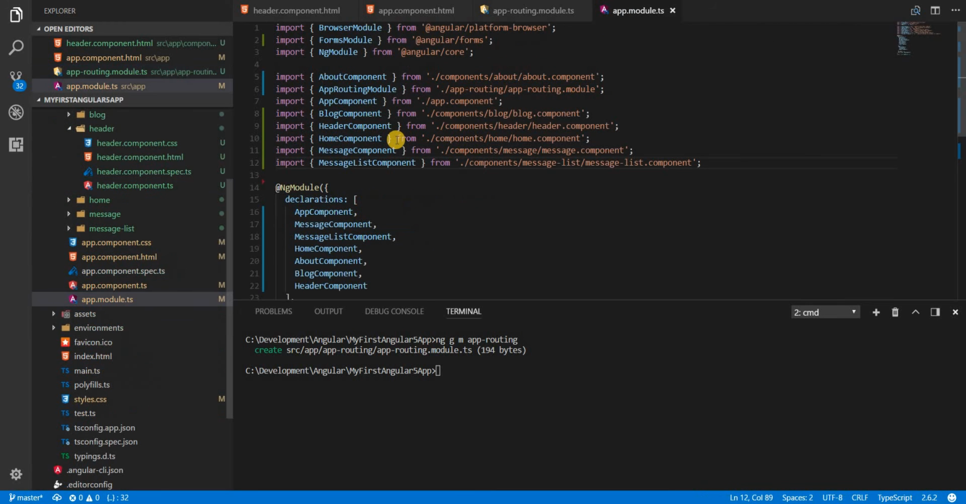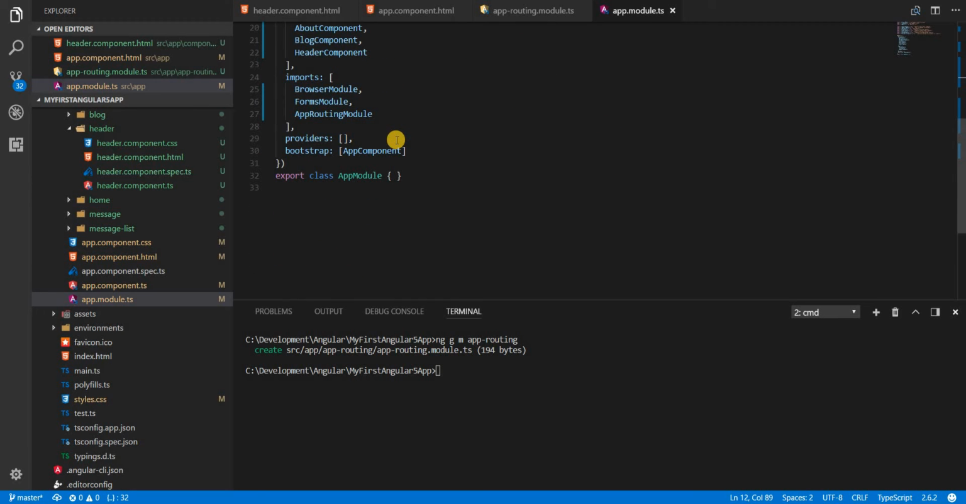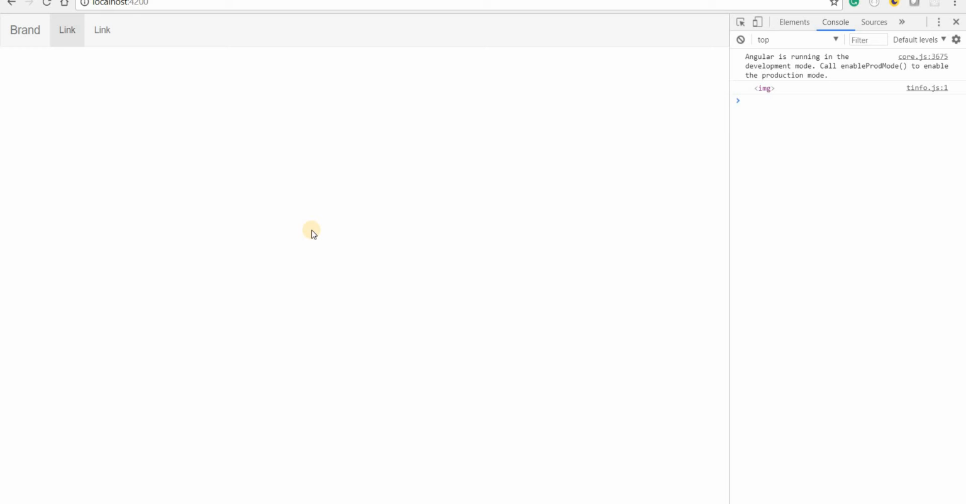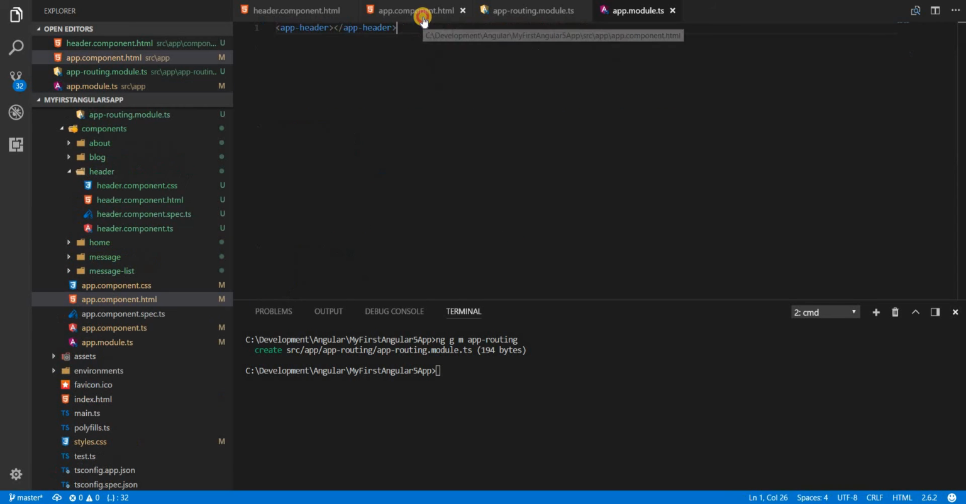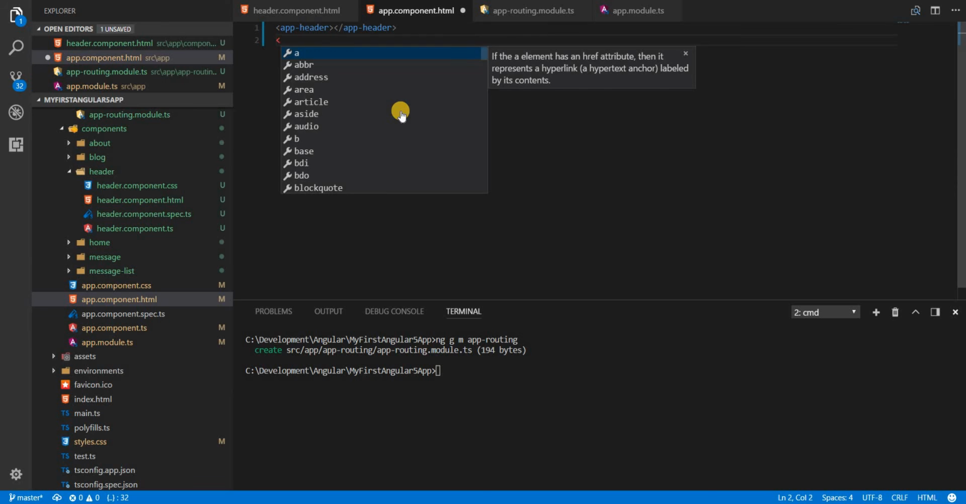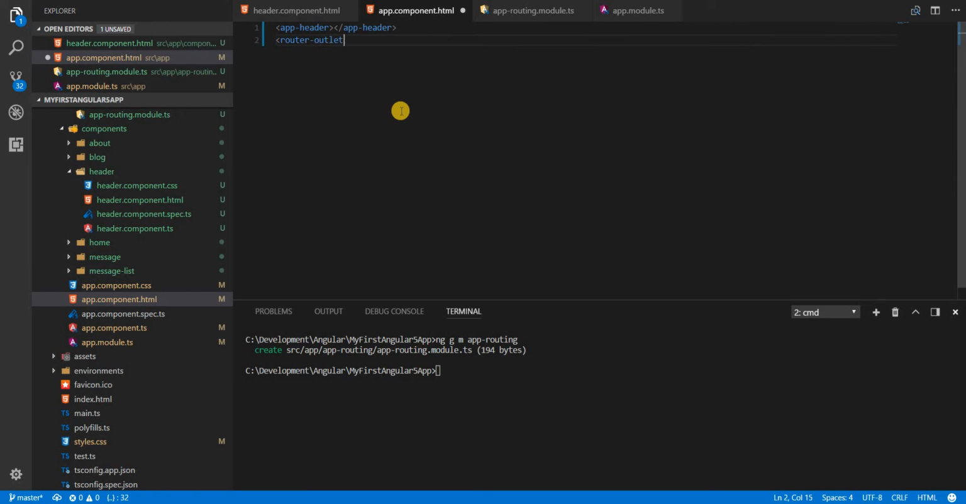We have imported the app routing module inside our app module, that is our root module, and now we'll be able to use routing in our Angular application. Let's see it right now. One more thing that I'll have to specify is the place at which Angular should place the component. That is something that I'll specify here using the router outlet tag,